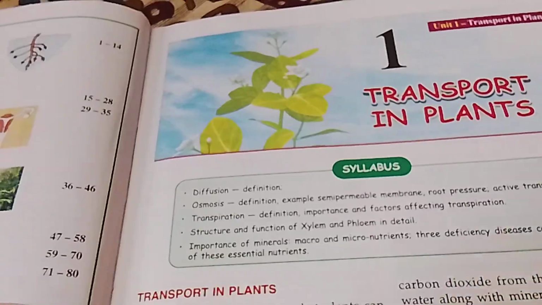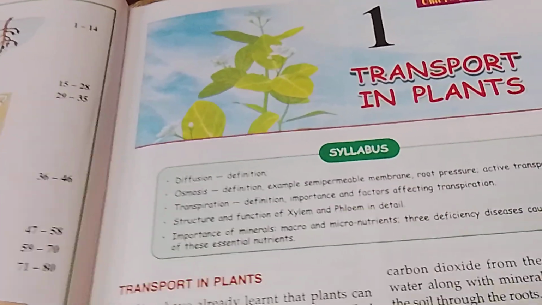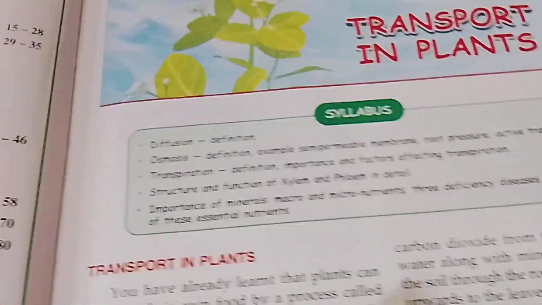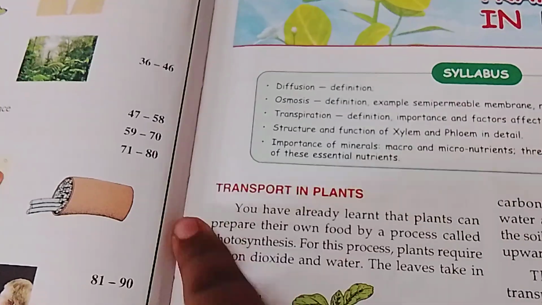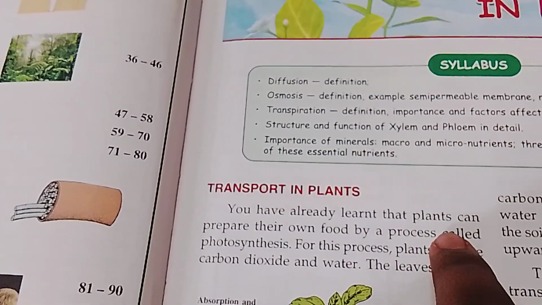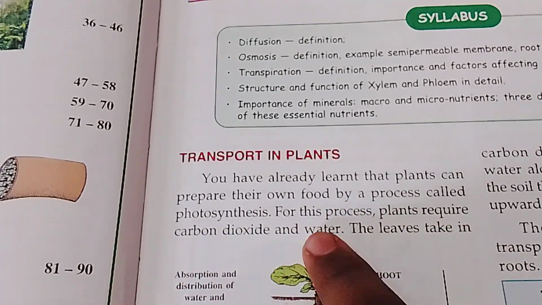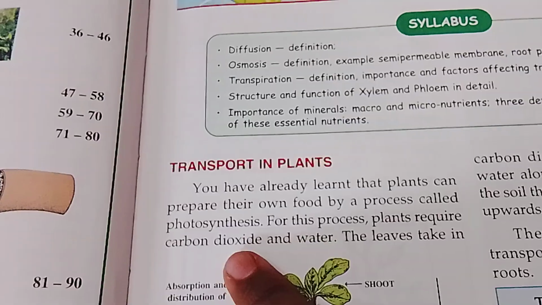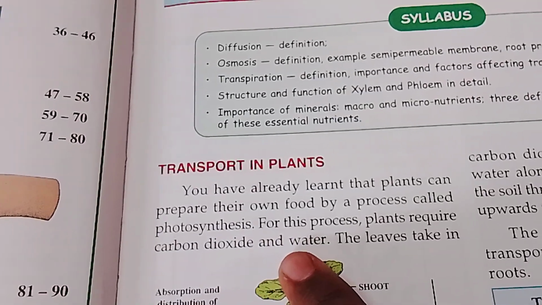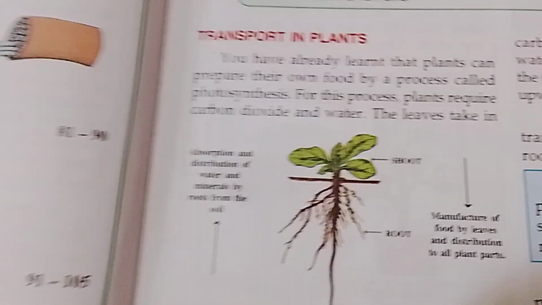So today I am going to read lesson number 1, Transport in Plants, of the subject Biology. Let's read. Transport in plants. You have already learned that plants can prepare their own food by the process called photosynthesis. For this process, plants require carbon dioxide and water; the leaves take in